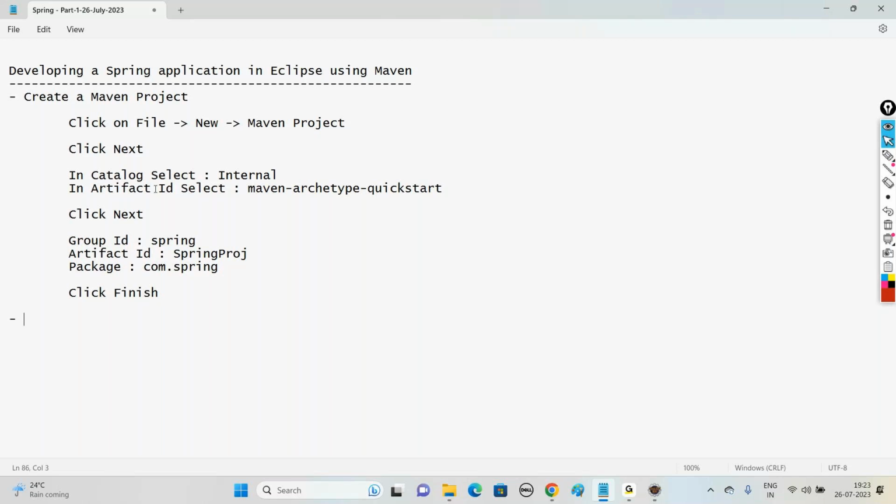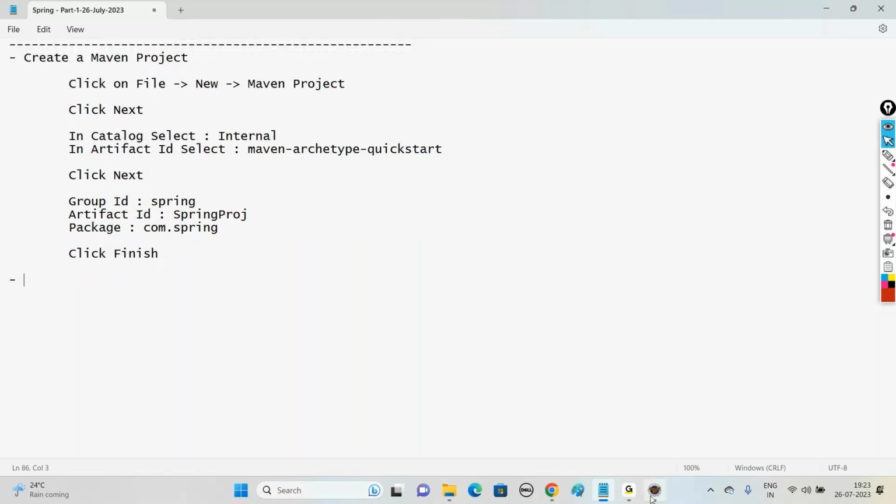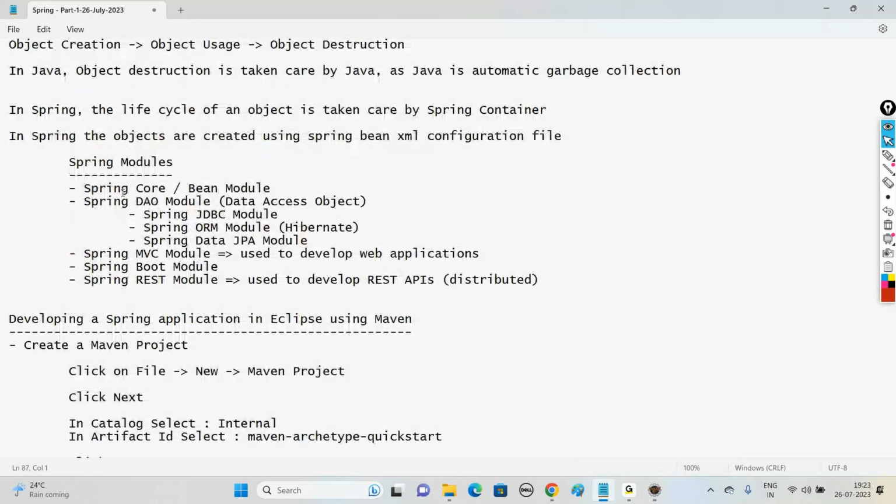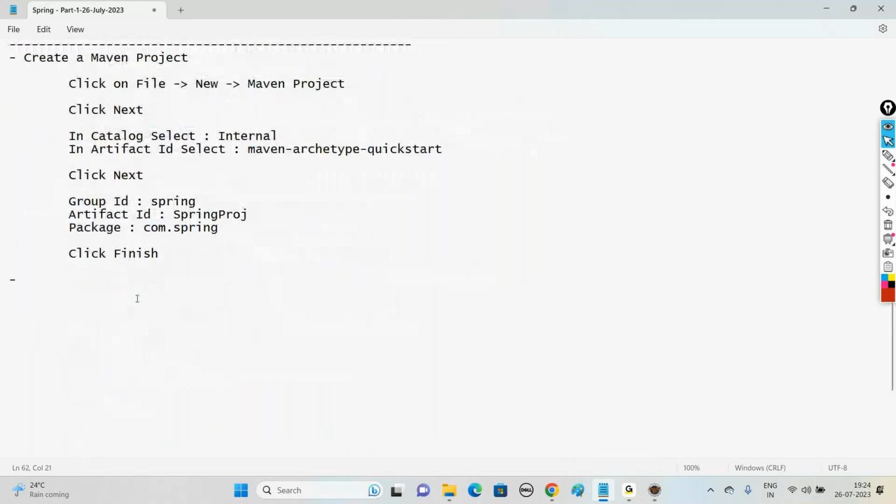Now, once the project is created, the next step is we need to add the dependencies. See, for every module they have given different dependencies. So whichever module we use, we can add only those dependencies. So for Spring JDBC separate dependency, for Spring Data API separate dependency, for MVC separate dependency, like that. So here I want to go with only the core module, so we'll add the